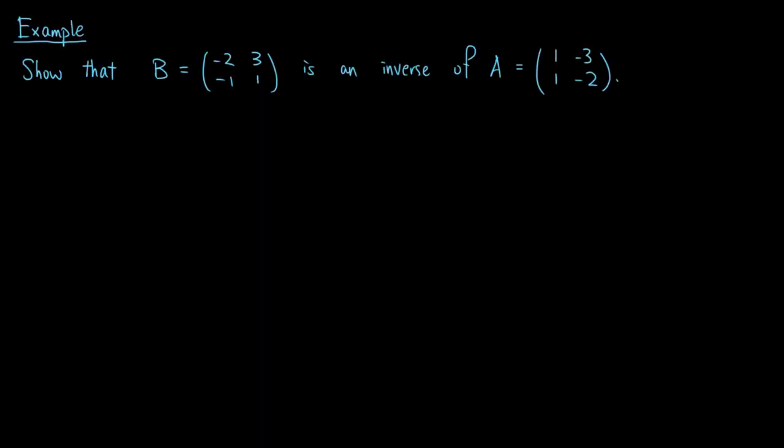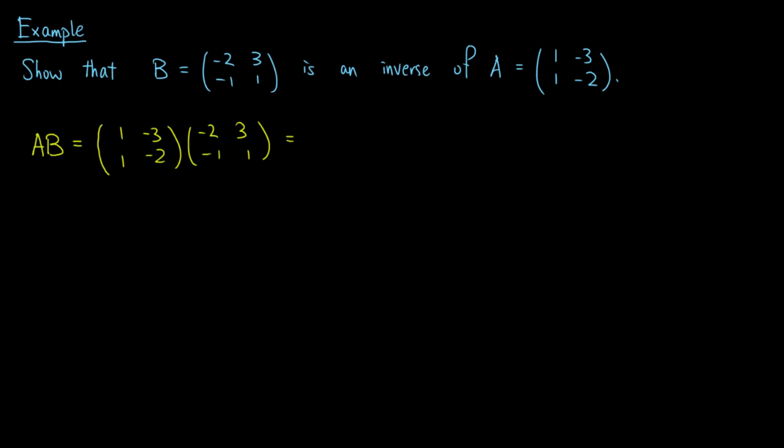Let's look at an example. Suppose we want to show that B, which is the matrix [-2, 3; -1, 1], is an inverse of the matrix A, which equals [1, -3; 1, -2]. To do so, it suffices to compute AB and BA, and show that both are equal to I. Now, AB is the matrix [1, -3; 1, -2] times the matrix [-2, 3; -1,